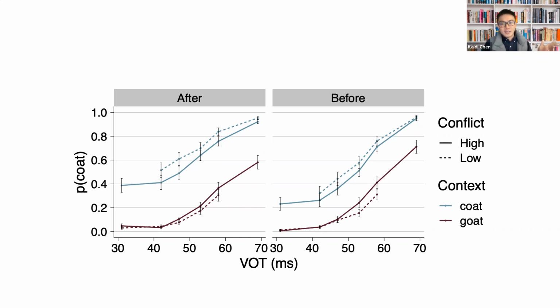And so nothing is reliable whether the context comes before or after the phonetic cue. That is, the conflict effect does not modulate or interact with the order, either before or after. Your eyes are probably tuning in to the fact that the magnitude of this conflict effect seems to be reduced in our stimuli. We will also talk about it later. That is true, but it is there.